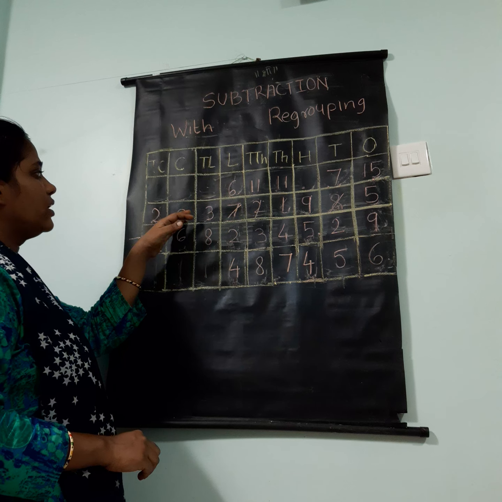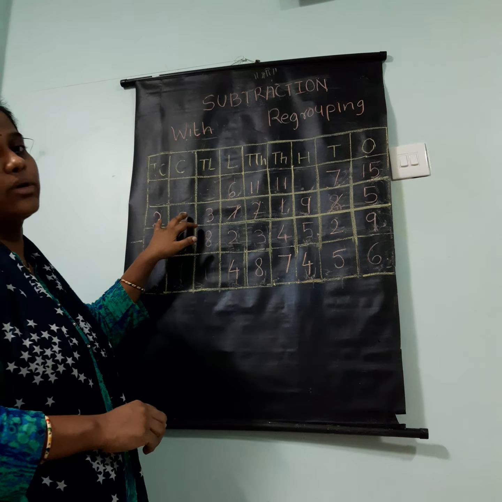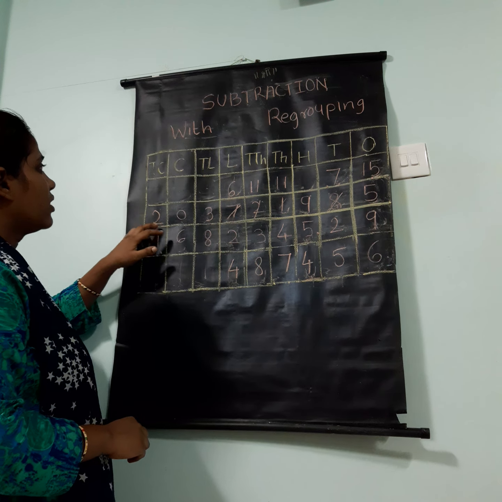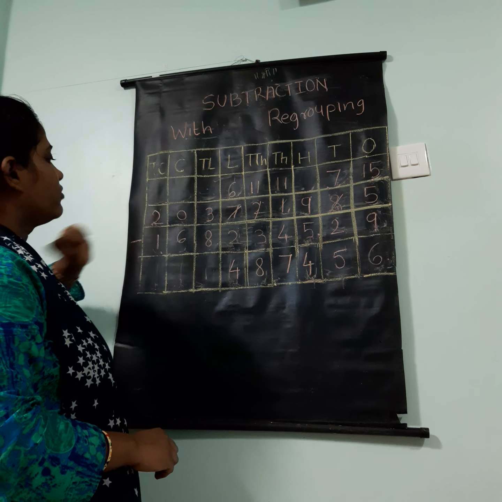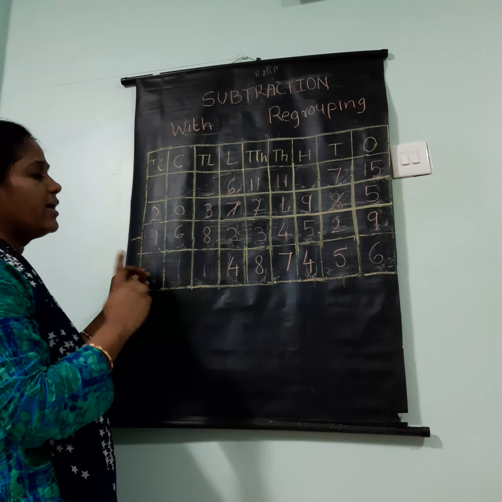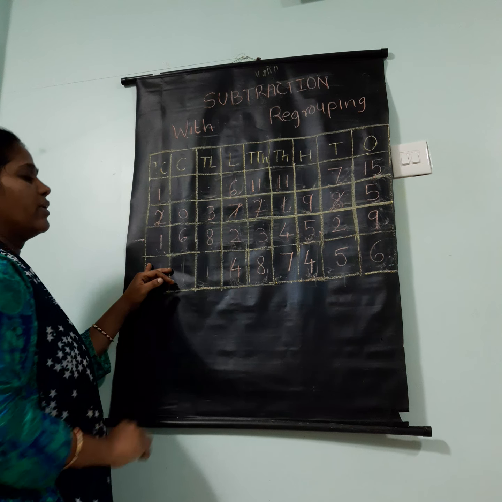You will borrow from the crores column. But as you see over here, you have 0. You cannot borrow from the crore place, so you will move further. You will go to the tens crore place, that is the 10 crore place. Here you have 2, so you can borrow from this 2. So when I am taking 1 ten-crore from this 2, I will be left with 1 ten-crore over here.